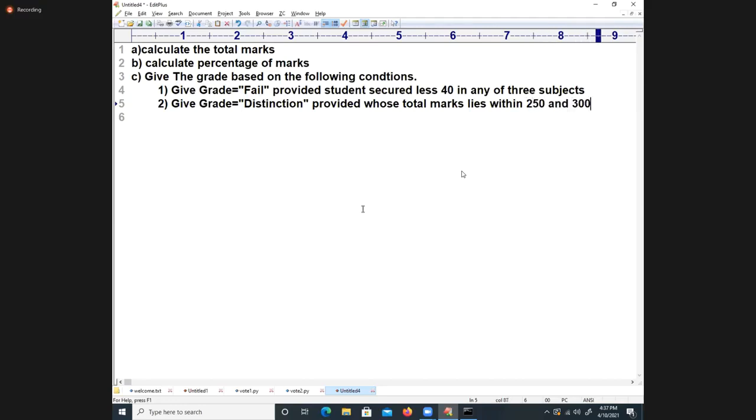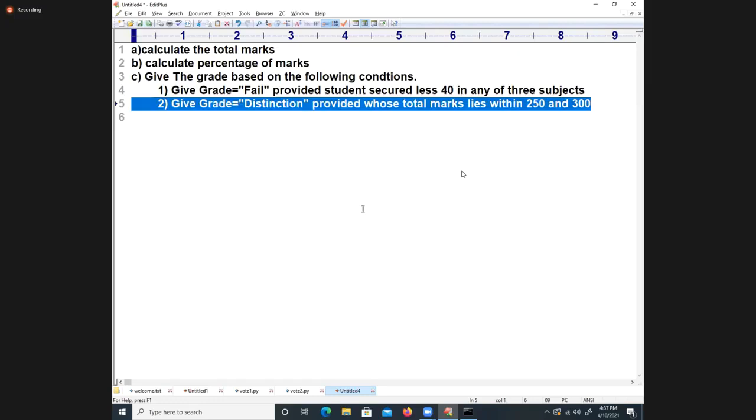Both of them are inclusive. More than 300 you cannot secure, as each paper is for 100 marks. So if you secure 250 to 300, the grade is distinction.